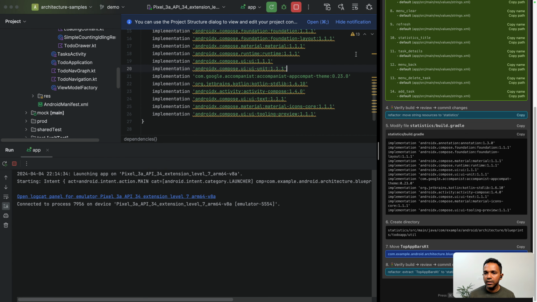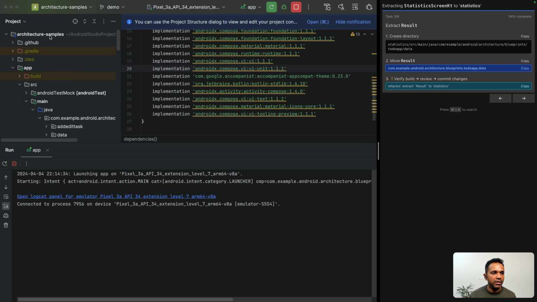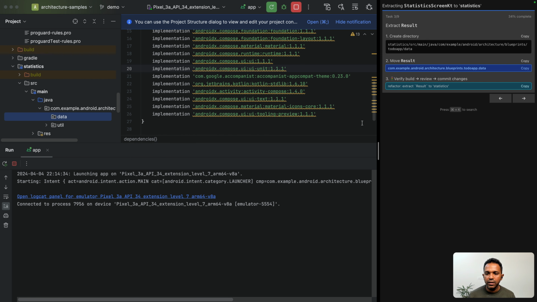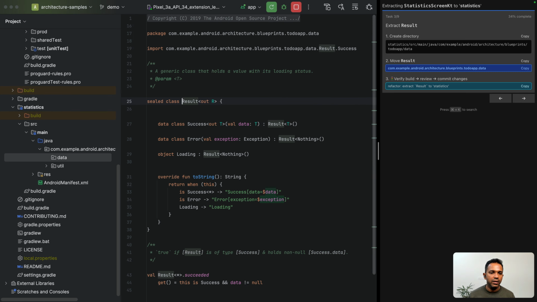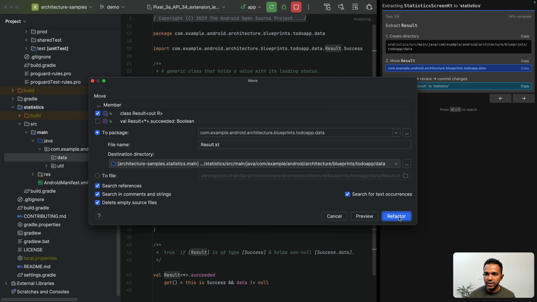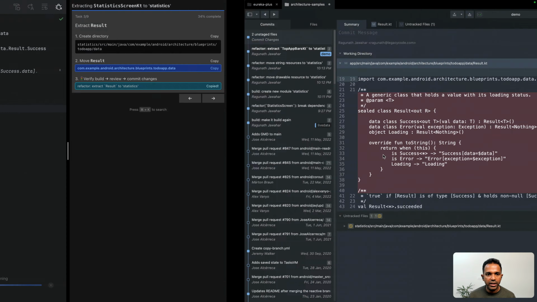That's done. The next step is to create a new directory. Now we're going to go to this class and move that from here to the statistics folder, run the application, and while it's running,